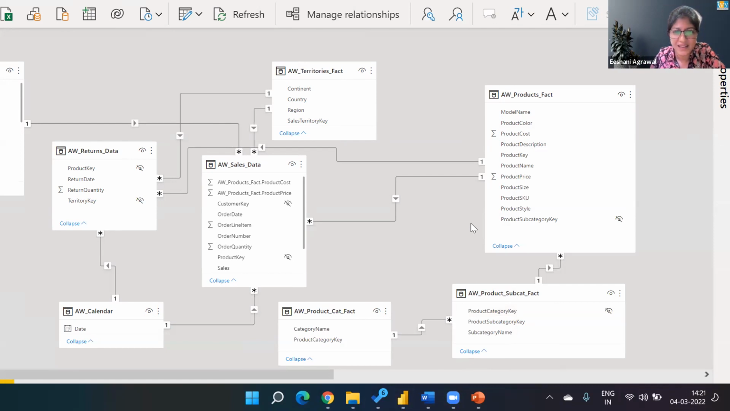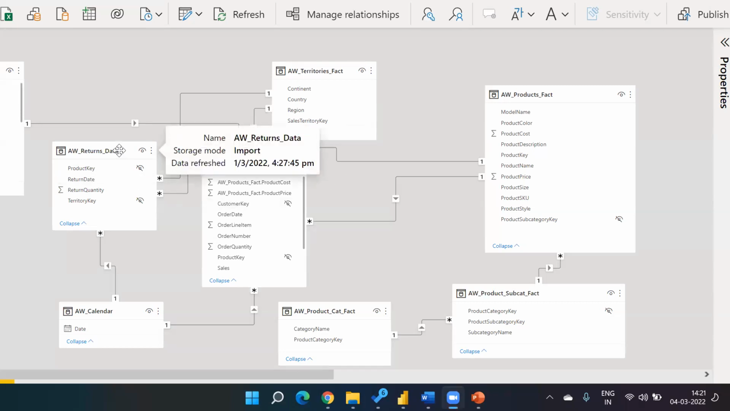Okay. So can you please show me, I think on it's AW better to customer? Put that on chat. Ishani, put on one more thing. You see this AW return data and it's related with AW calendar. You see that? Yep. Shouldn't the date also be hidden because it's a one to many with the